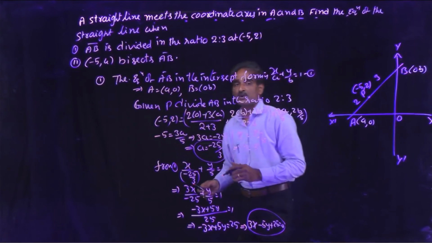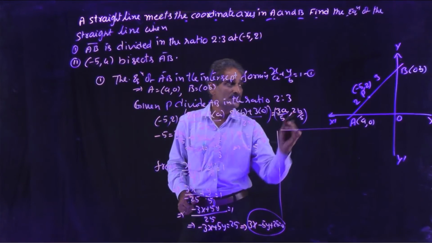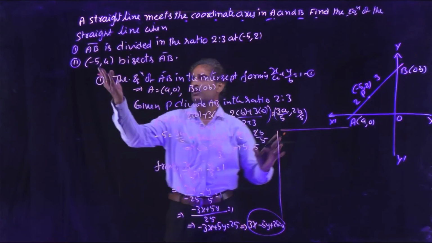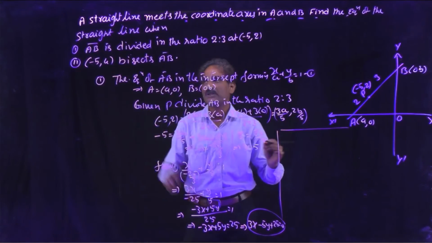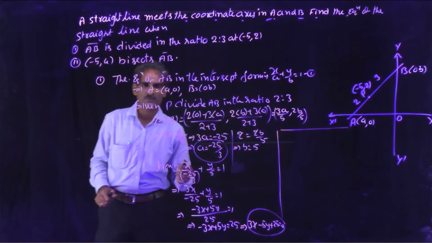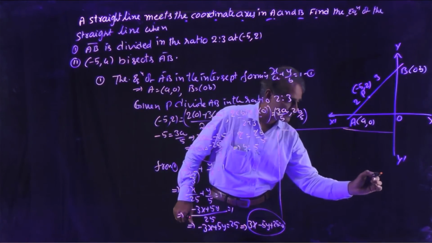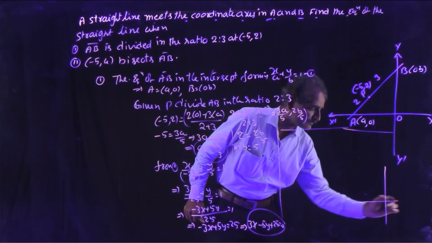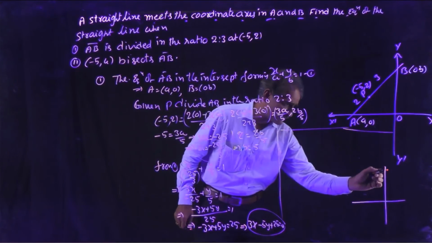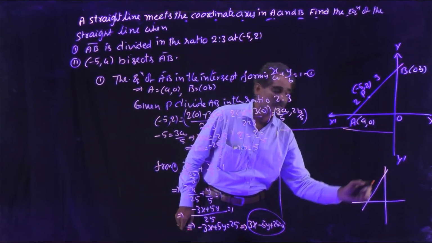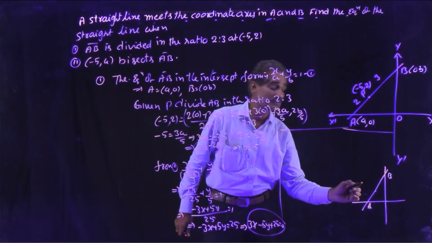Now come to the second problem. What is the second problem? It is very easy. It is the same problem, but with a slight variation in the coordinates of x and y. Okay, no problem. So in this case, try to draw the figure here. This is the coordinate system. Here also minus 5 comma 4 is a point in the second quadrant. Again the same, this line intersects the x-axis at A and the y-axis at B. This is passing through minus 5 comma 4.